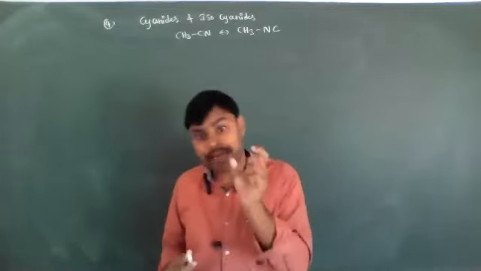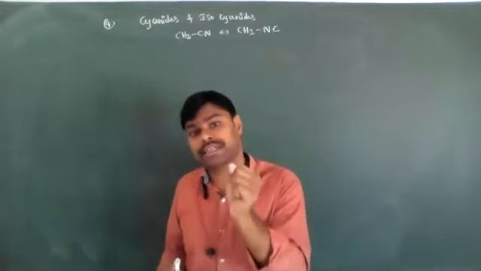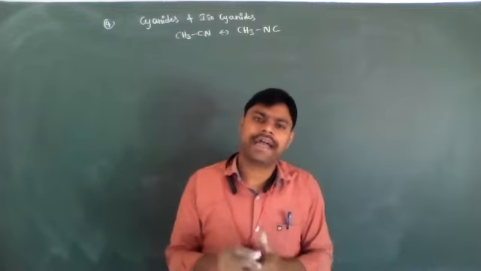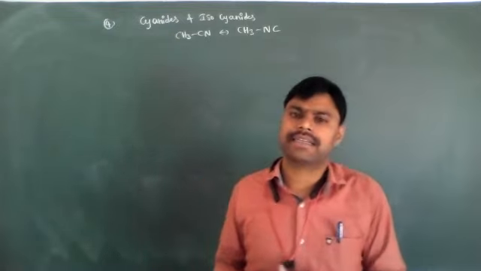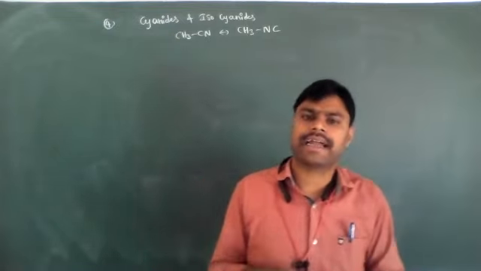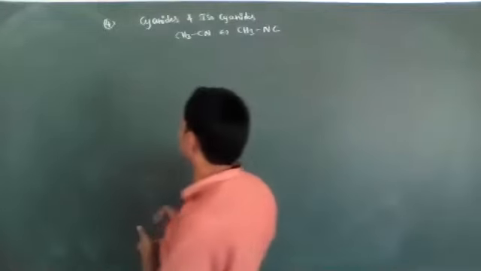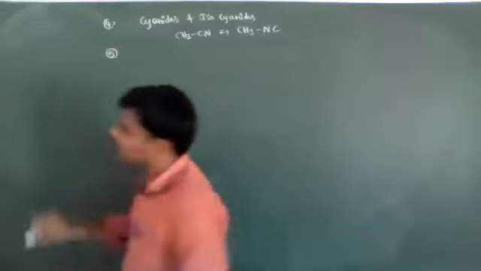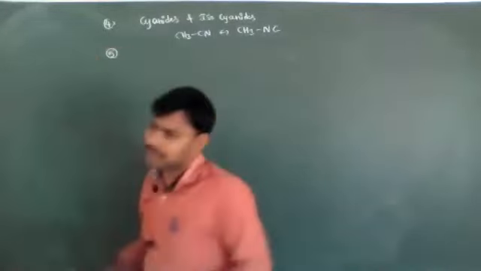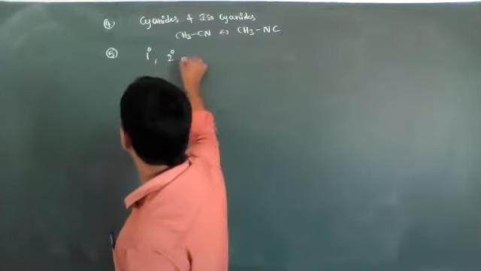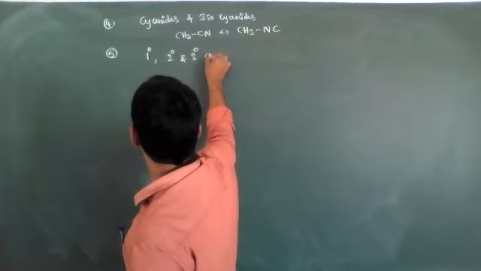I will just write it. You know that amines means what, dear students? An NH2 group is attached to an alkyl group, those are called amines. If the NH2 group is present, those are called primary amines. NH means nitrogen having one hydrogen atom, those are called secondary amines. A nitrogen atom containing only 3 alkyl groups and no hydrogen atoms, those are called tertiary amines. Primary means 1 degree, secondary 2 degree, and tertiary 3 degree amines.